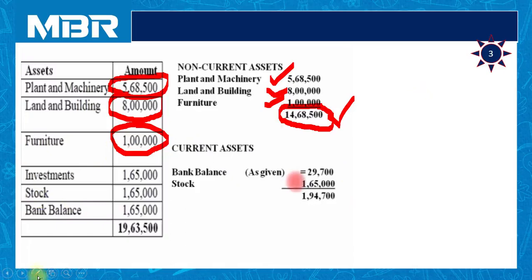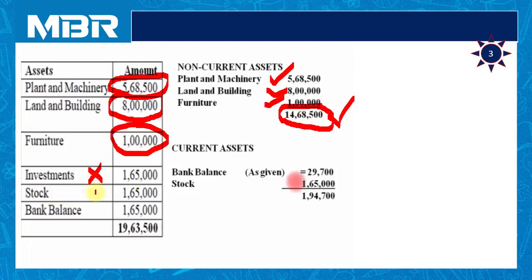Now, if you refer to the asset side of the balance sheet available to us, investment, we have already sold our investment at the time of redemption of RPS. Just to recall the very first transaction of our solution, in the very first transaction, we have already sold our investment. So once the investments are sold, we need not present that investment in the balance sheet.